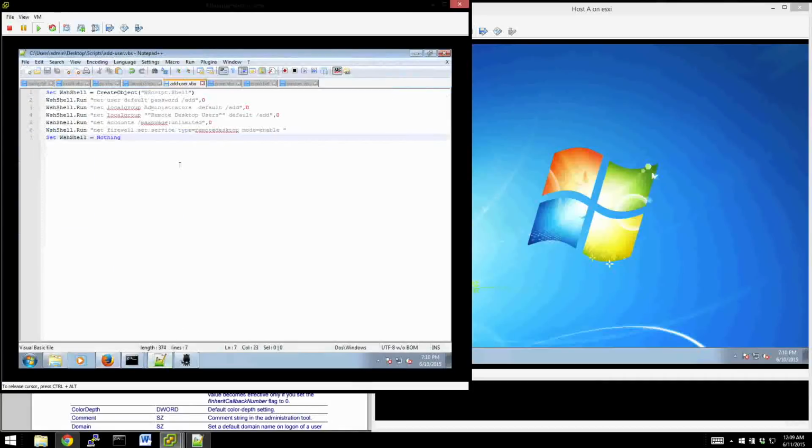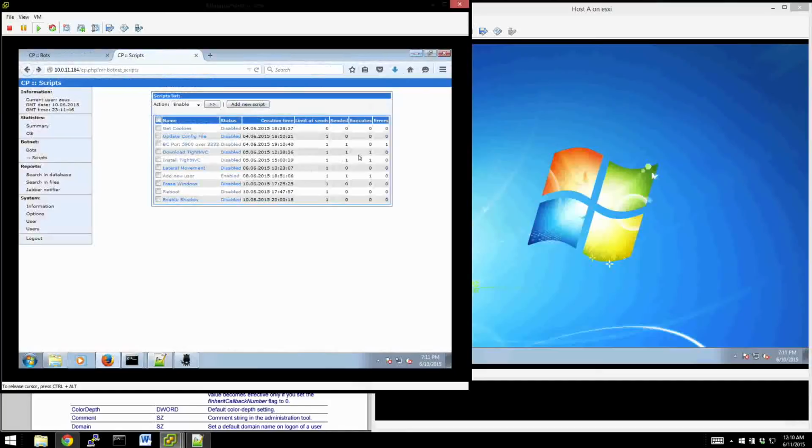This addUser script uses the net user, net localgroup, net accounts, and netsh firewall commands to add a user called default with a password of password to the administrators and remote desktop users groups, as well as set an unlimited password age and allow remote desktop through the firewall. So we see add user completed, and we'll also enable